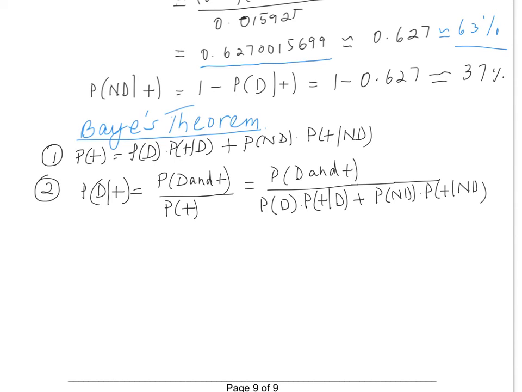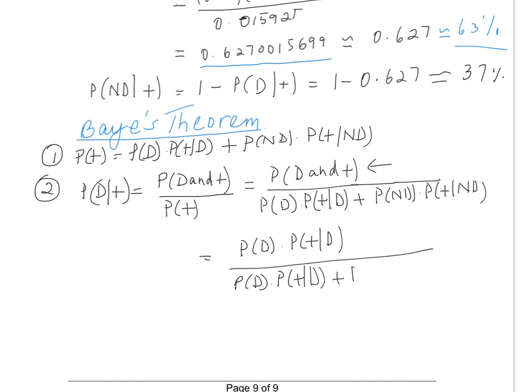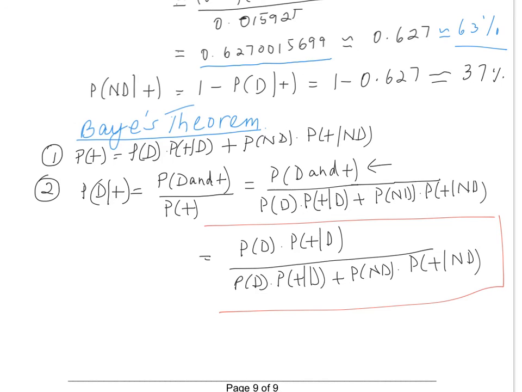So that is equal to, now we're simplifying the numerator, probability of disease times probability of positive given disease, divided by probability of disease times probability of positive given disease plus the probability of no disease times probability of positive given no disease. So what we have here, this is the Bayes theorem. So probability of disease given positive is equal to